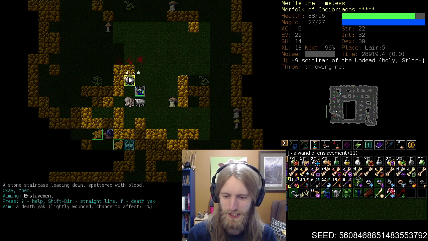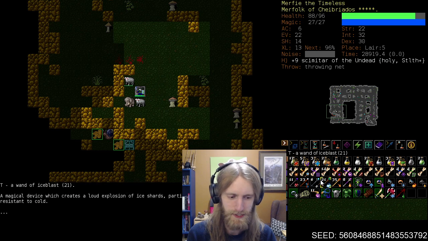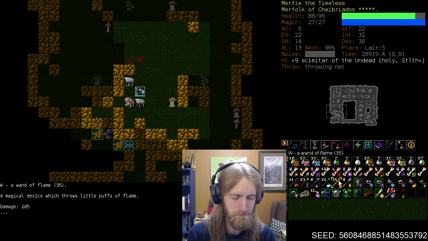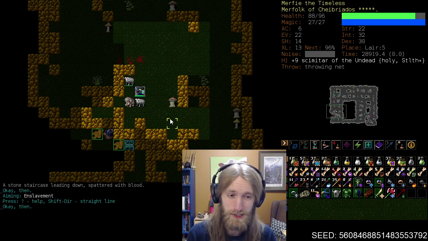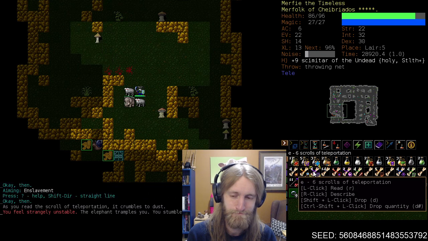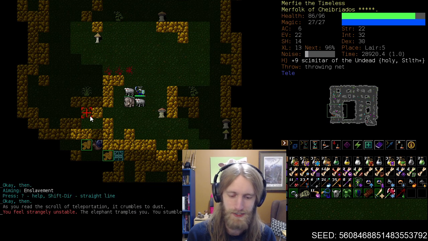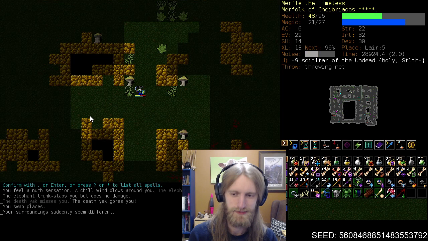Let's maybe reach into some of these other options. Not a great chance of it using the Wand of Enslavement to get one of these buddies on our side, so that option probably next, unfortunately. Boomerang of Dispersal doesn't give us a lot of time. Right. Scroll of Teleportation. Just not gonna worry about it. Bring in the Ice Beasts. I think I was gonna say one or two more